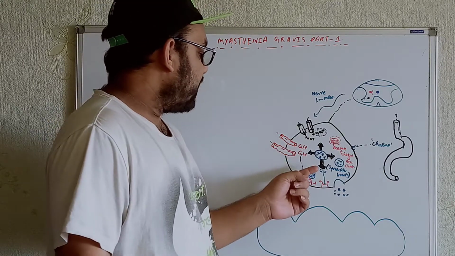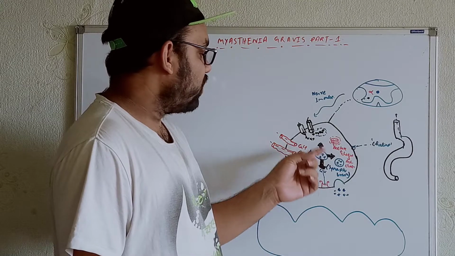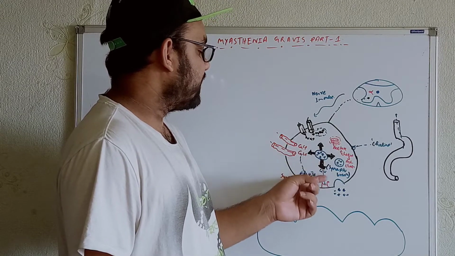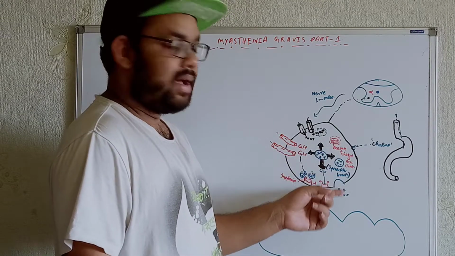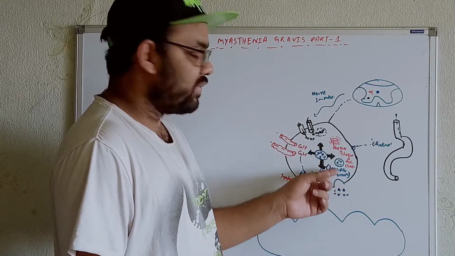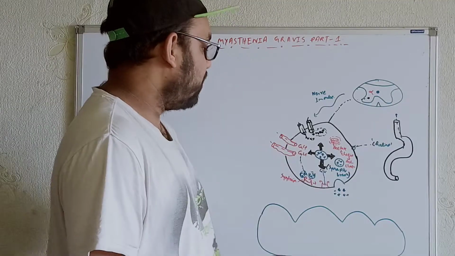And the calcium will also take these whole vesicles and help the vesicles to get fused along with the membrane. After that we will get the release of the acetylcholine from the vesicles. Okay. Now in the next part,